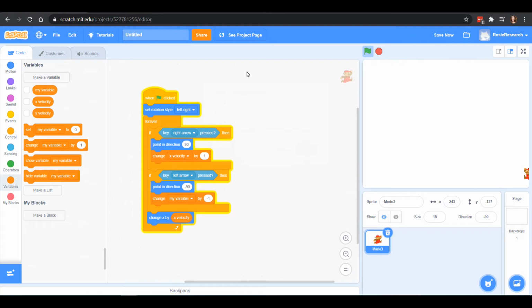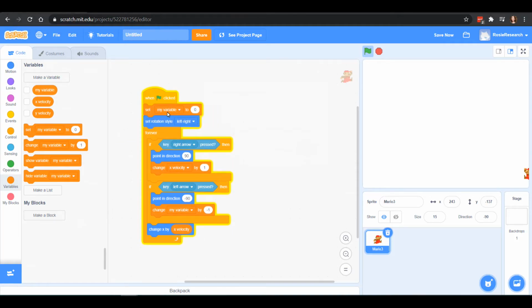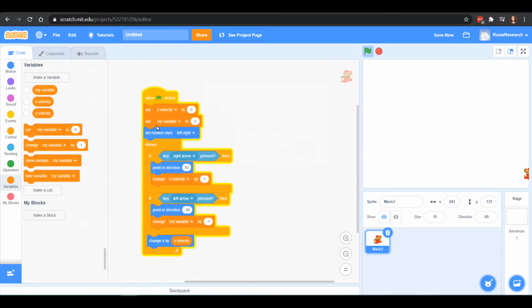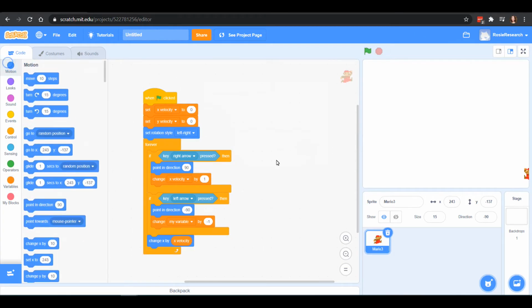First, let's do a couple things where we set things up so that at the beginning, we always set it to 0. So let's set the x velocity to 0 so it doesn't remember something. And since we're here, let's set the y velocity to 0 too. That's something that we'll probably forget to do later. Let's also choose a location for our Mario to start. The way that you can do that is you move your Mario to wherever you'd like to go, and you can read the coordinates off here.